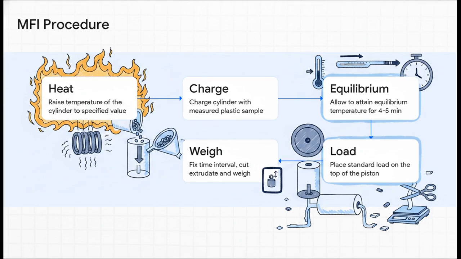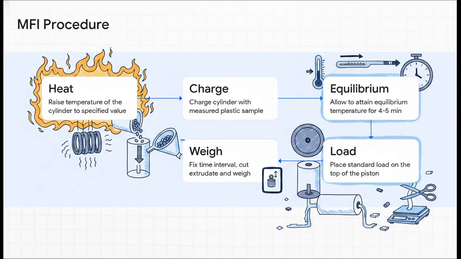Step 3, place the standard weight on top of the piston so the plastic actually begins extruding through the die. Step 4, this is key. Discard the initial extrudate. You do this because it might contain trapped air bubbles or contaminants. And finally, Step 5, cut the extruded plastic, which we call the extrudate, at fixed time intervals and weigh each